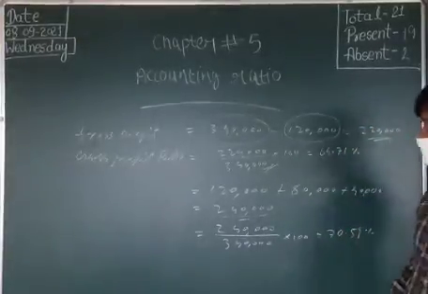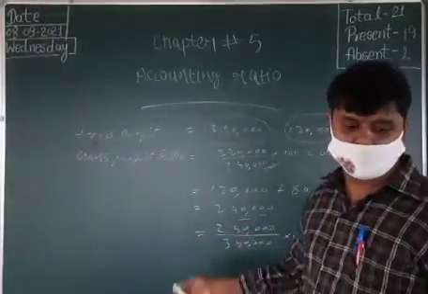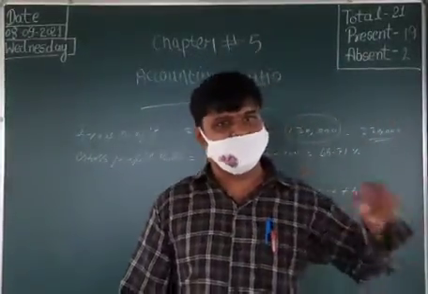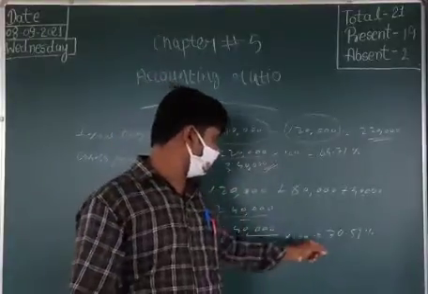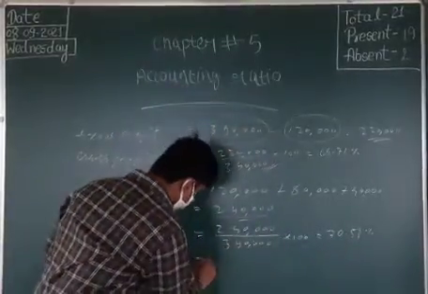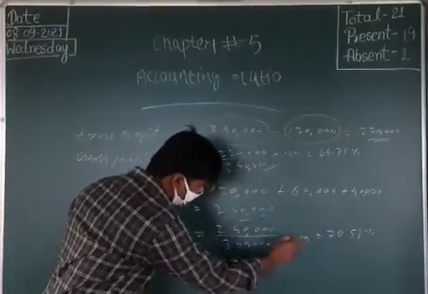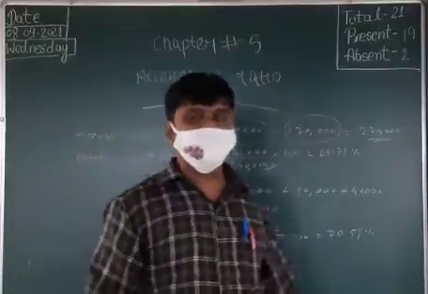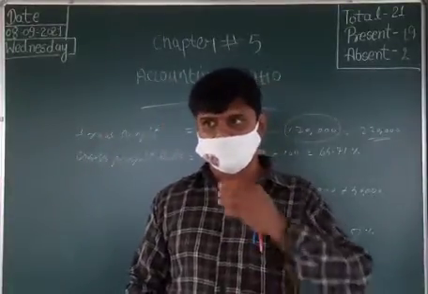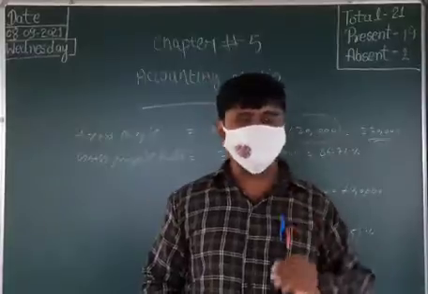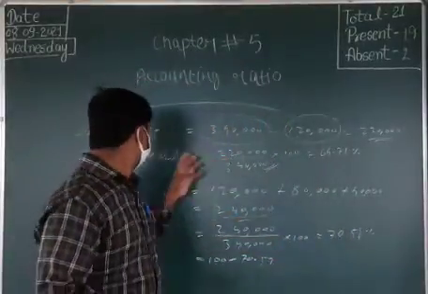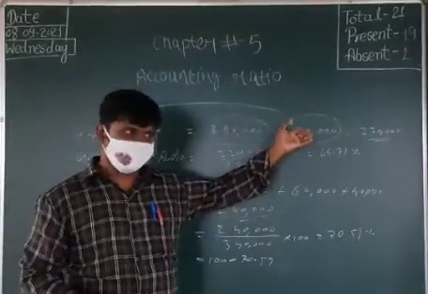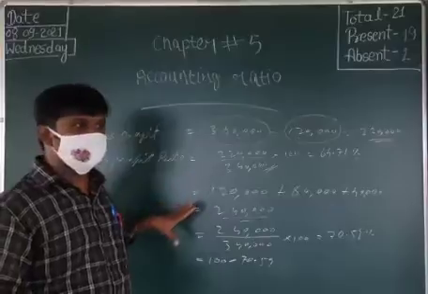So now we can find out the operating ratio. Clear now? And to find out the operating profit ratio, the method is very simple. We got all this from here: 100 minus 70.5, then we get the operating profit ratio. Clear now? Very simple only, but you need to understand what gross profit is, what revenue from operation is, what cost of revenue is, and what operating cost is.